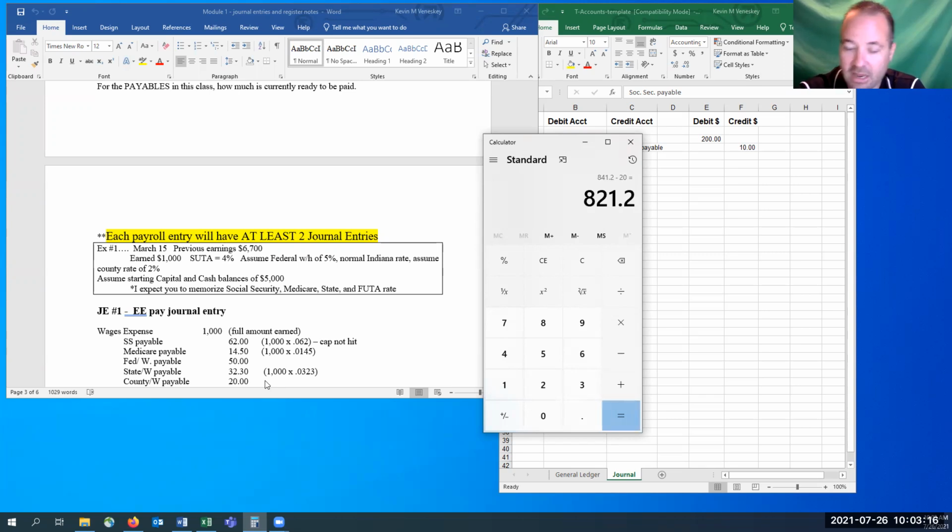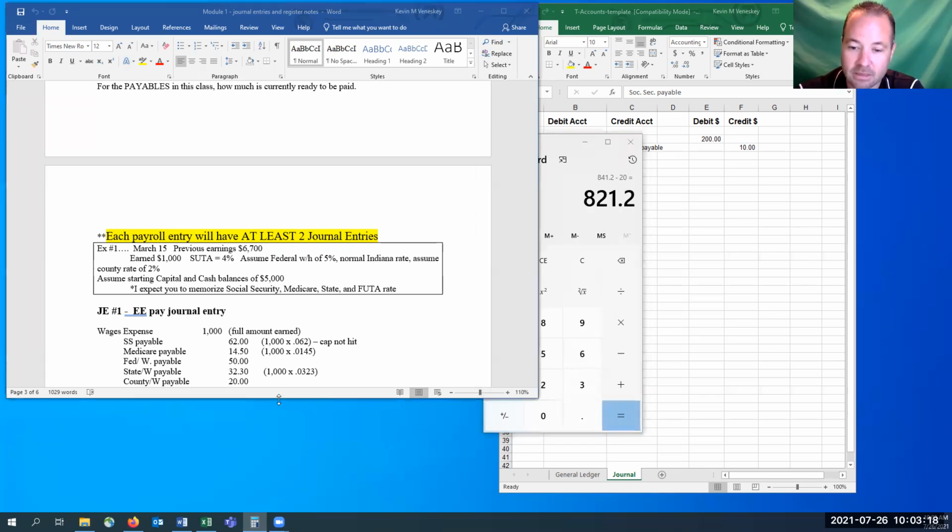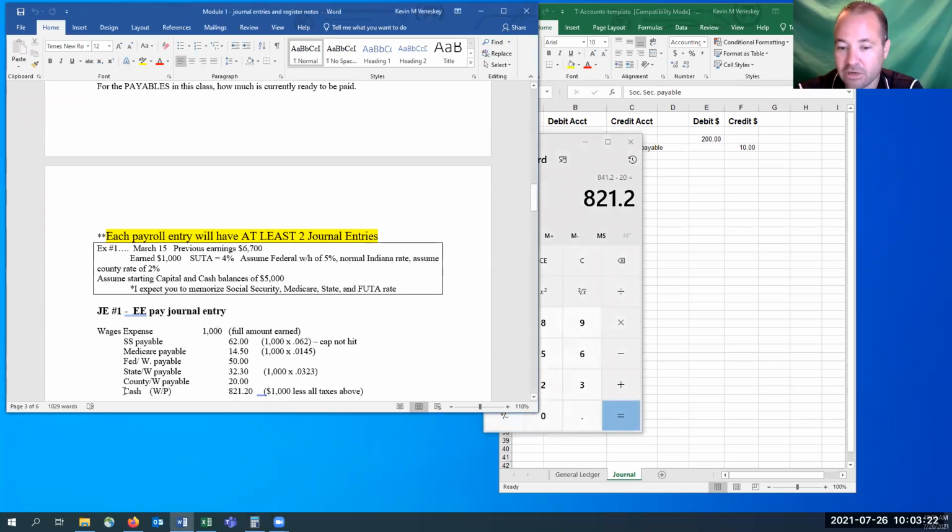I subtracted every one of those, 821.20. That's what we're actually going to pay the employee. Or we could call it wages payable if we're not going to pay them quite yet. Maybe we pay them a week later. And a lot of companies do that. If they do it like a week later, they're going to call it wages payable, saying we owe you $821.20. Or if they pay them right now, they can just call it cash, and they're going to write them a check for